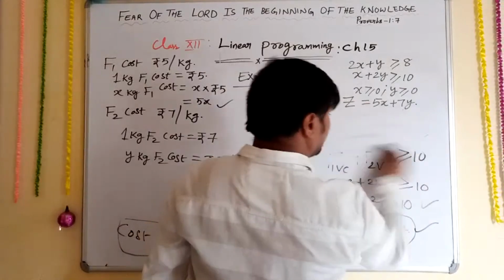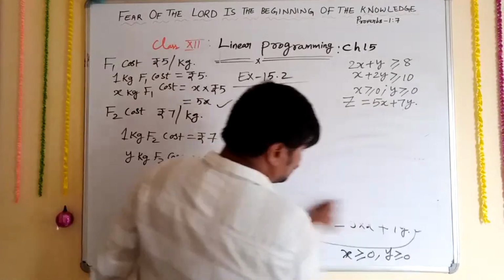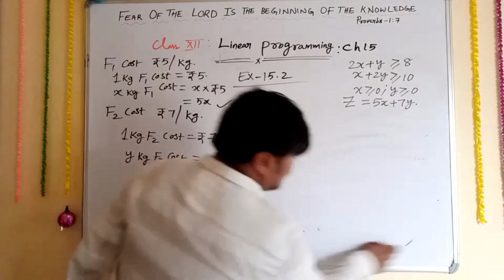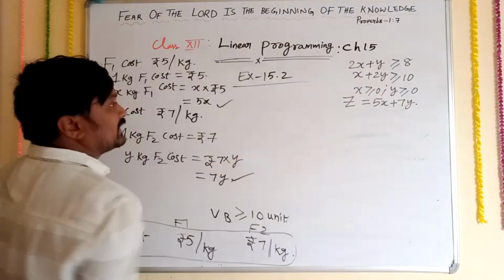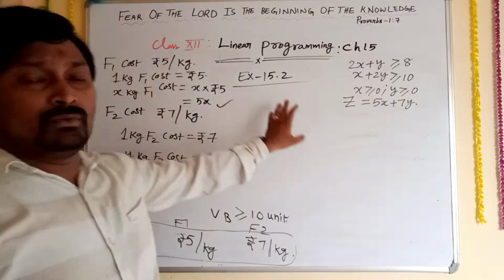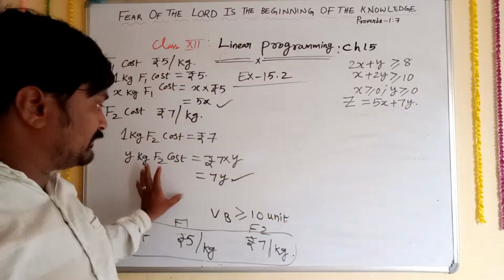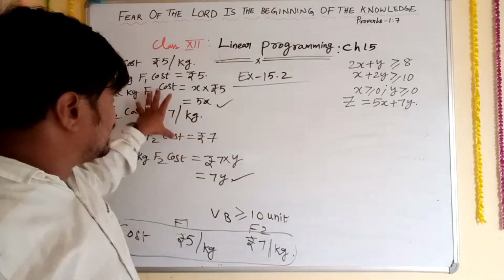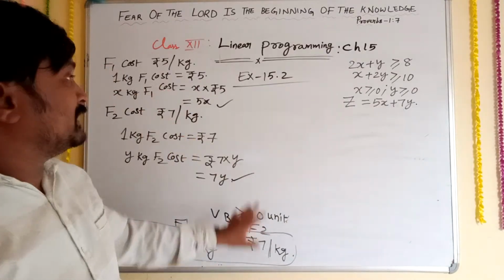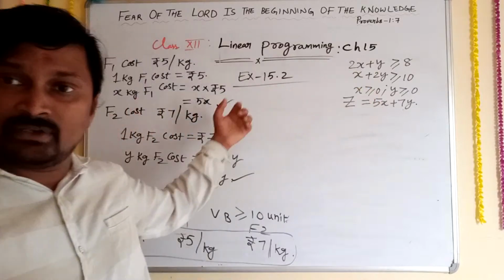Actually, I elaborated your problem and explained it in this way. Normally, there is no need for this much elaboration and explanation. We can write the equations directly and easily, but you need to understand this problem. Because of that reason, I was explaining each and every part. Each and every step was written, and now these are the equations.